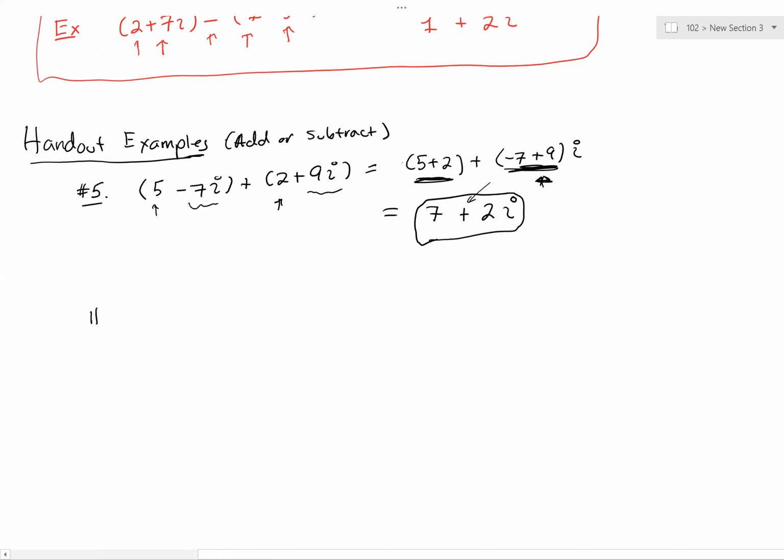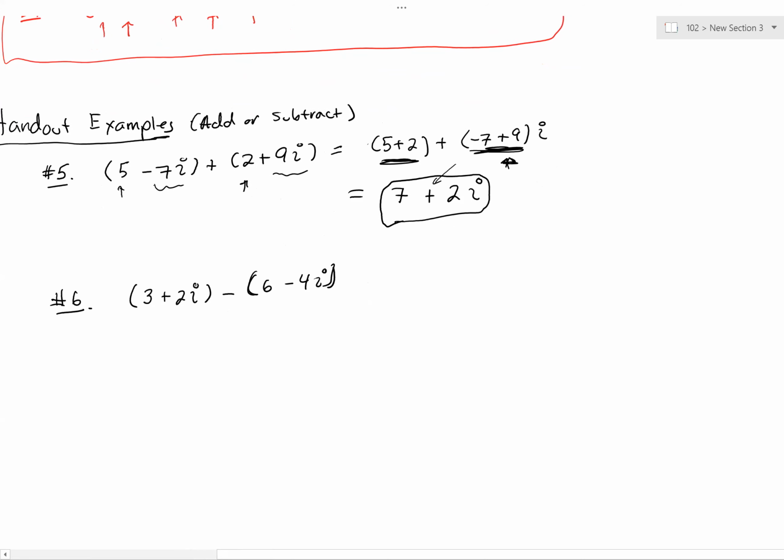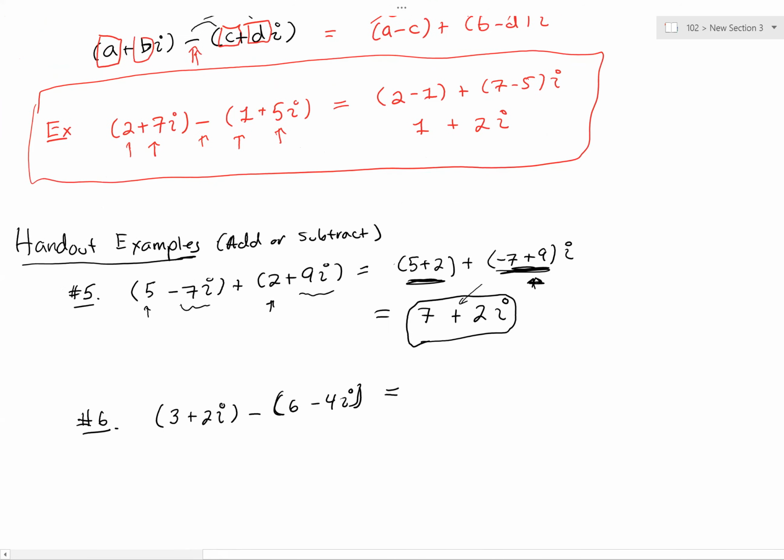Let's look at number 6 here. Number 6 is the following problem: 3 plus 2i minus 6 minus 4i. So we're subtracting these two complex numbers. And just like we did before in that first example here, the one in red,